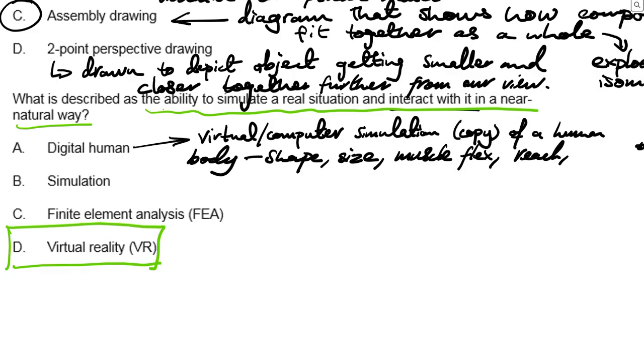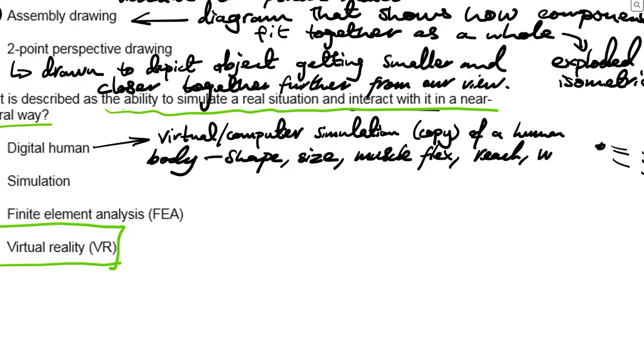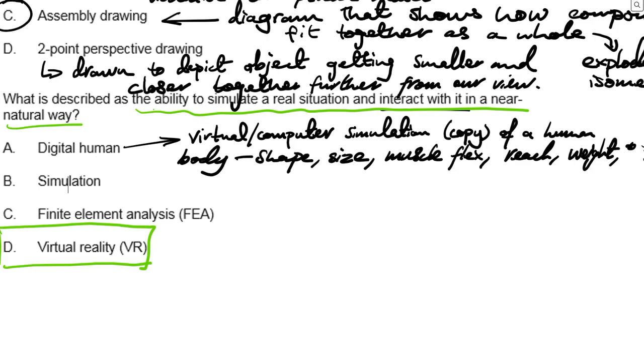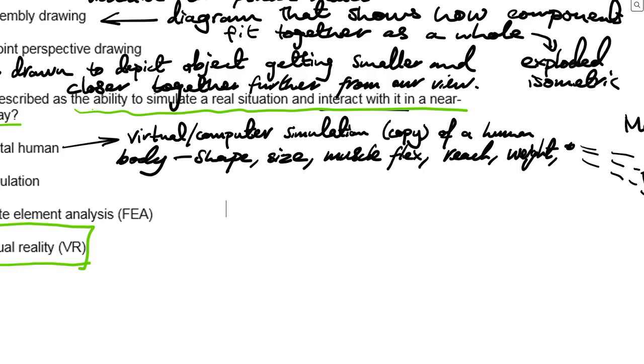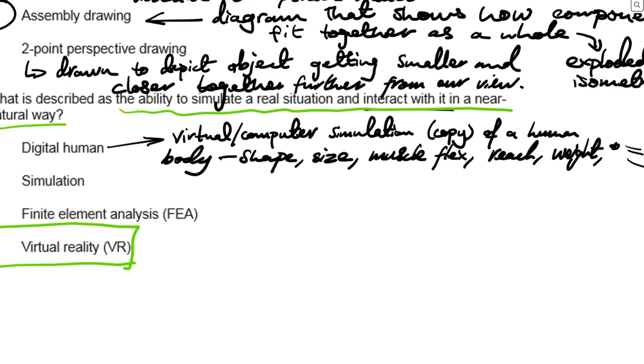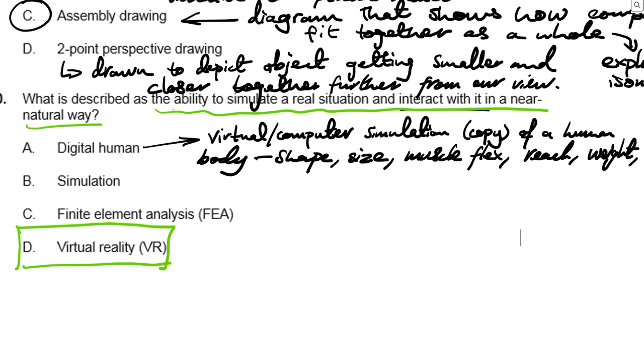So we can test a lot of different things. Weight, right? So pretend we're in a car. We don't want to use a real human. We want to use a digital human to test what would happen to a person of maybe 6'5". They have broad shoulders, they have a 1.5 meter reach. They have 75 kgs, something like that. And so what we can say is